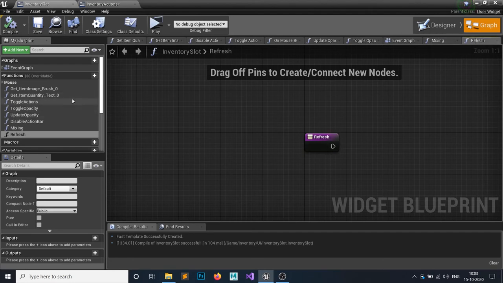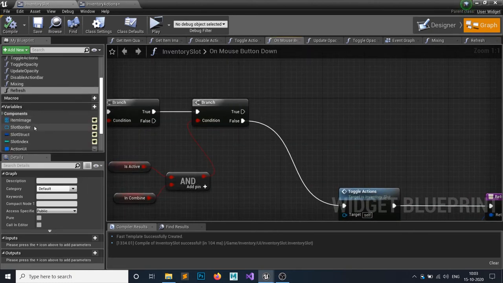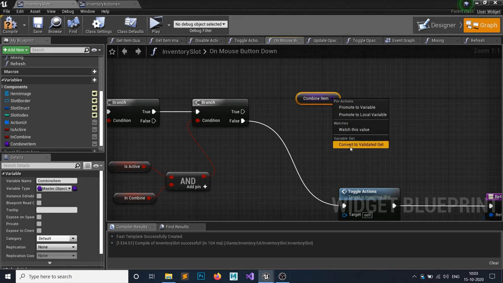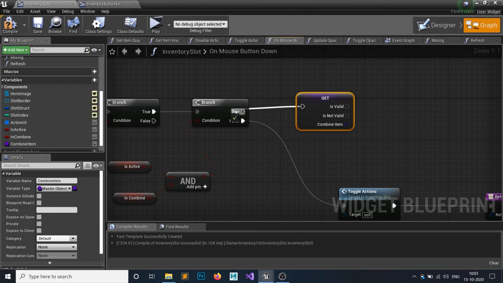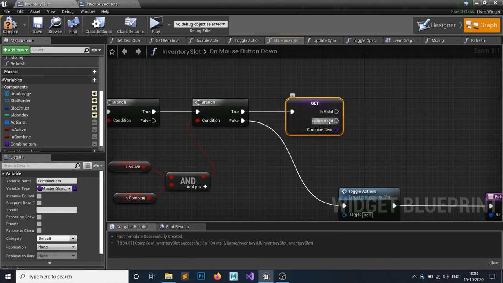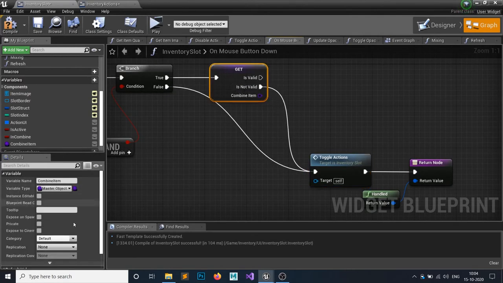So on your mouse button down, if it's true, then we want to get that combination item and right click on this little purple pin and convert it to validated get, because it can be valid or not, it can be null. If it's null, then we also want to follow the toggling part, right? Because right now by default it is null.